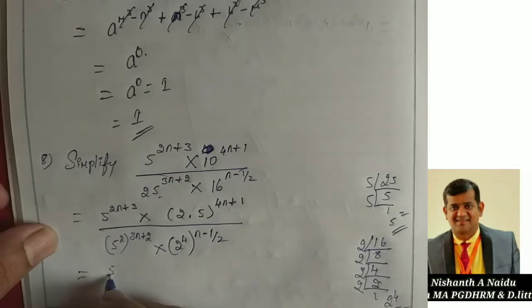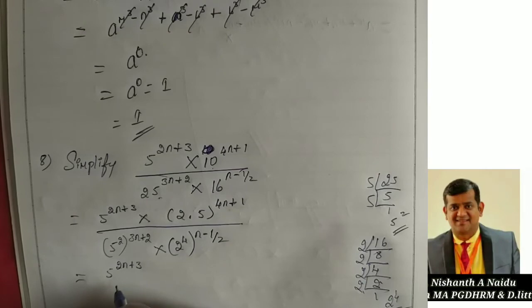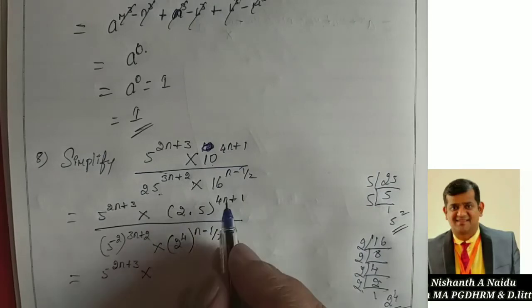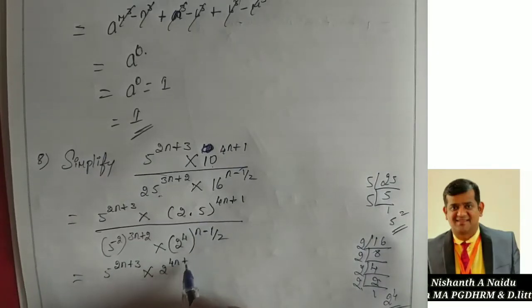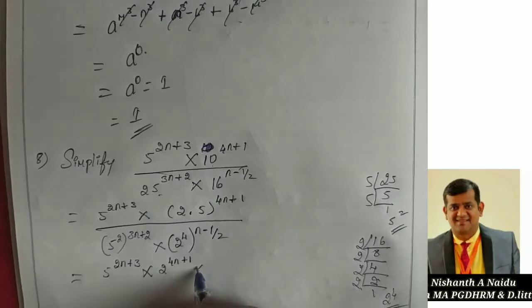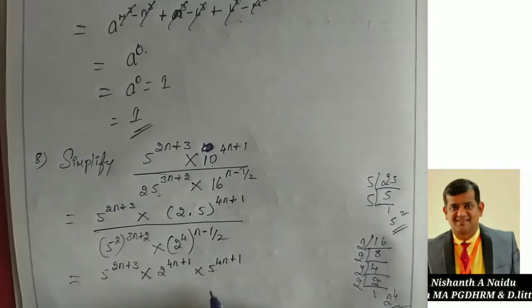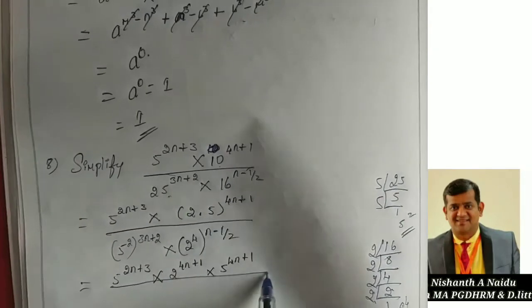So that is 5 to the power 2n plus 3, into 2 to the power 4n plus 1, into 5 to the power 4n plus 1, divided by